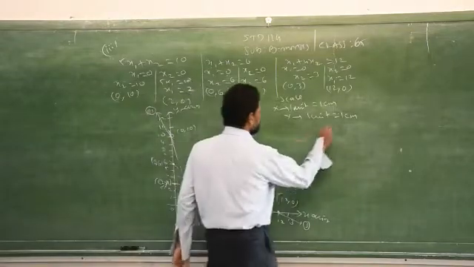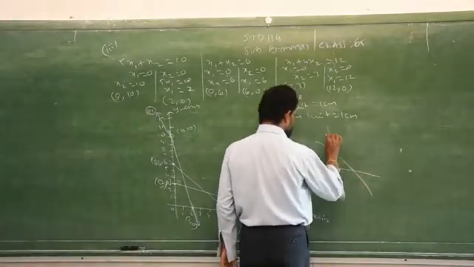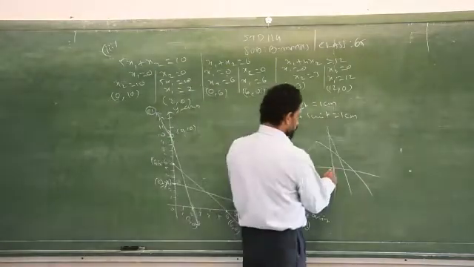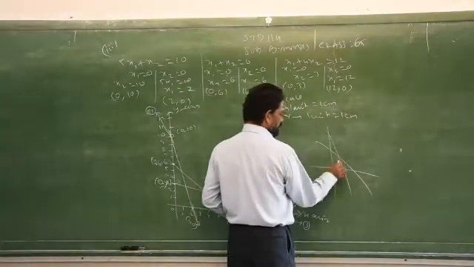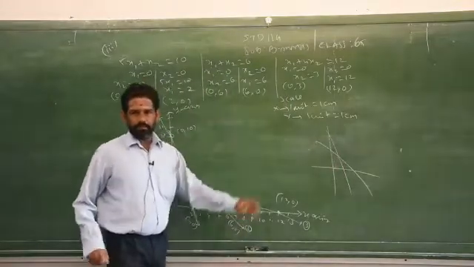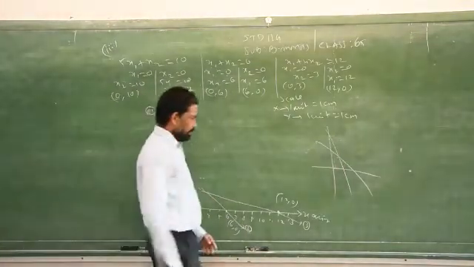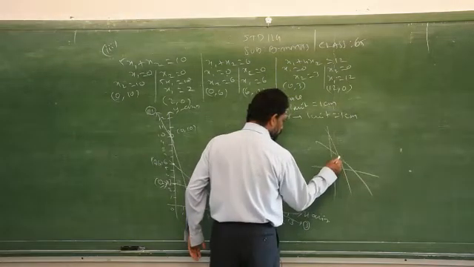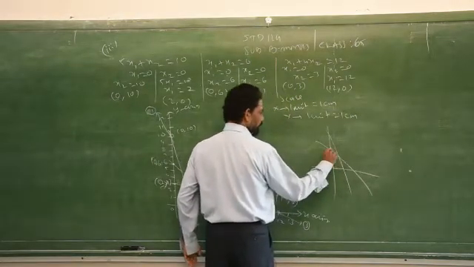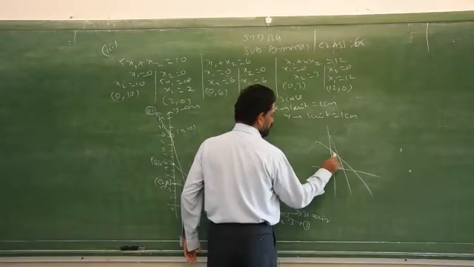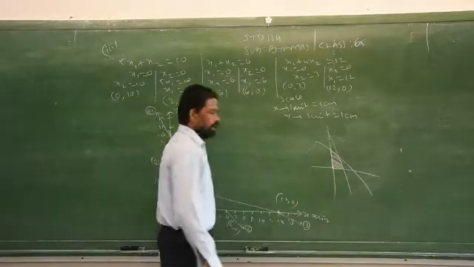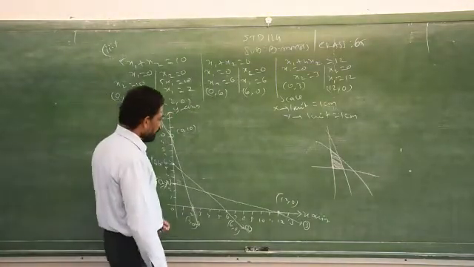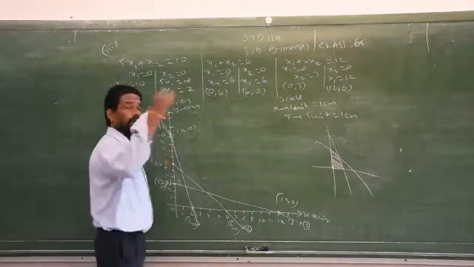Now it is given to minimize. For maximum in a graph like this, we shade from the origin, start from here and shade the inside part. That is the maximum process that we did already in the last classes. For maximum you start from 0, go to the intersecting points, go to that side, come back again and close it. This region alone you shade, that is the feasible region for the maximum case. But here you have to find the minimum. For minimum you have to start from the outer point.